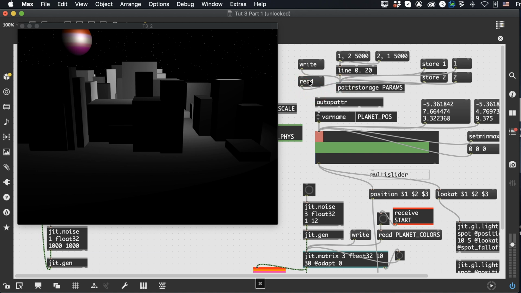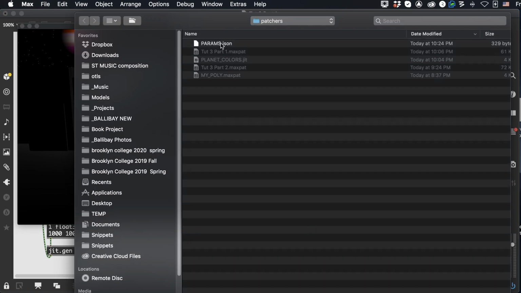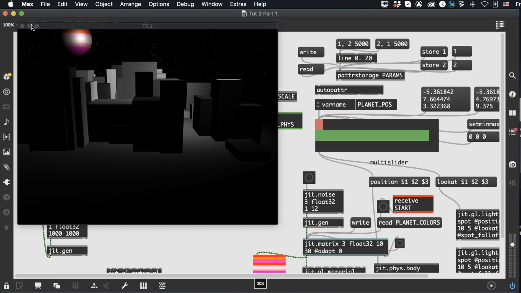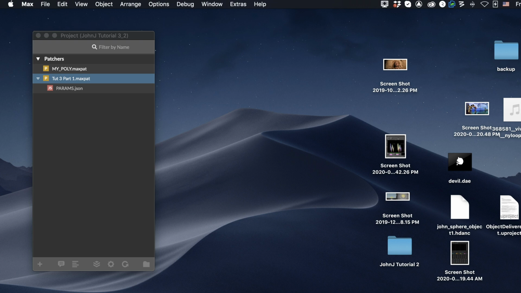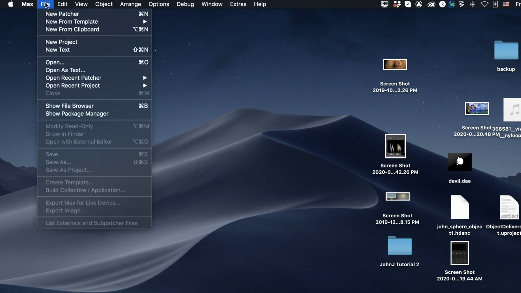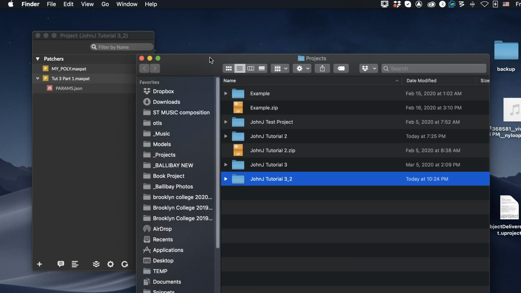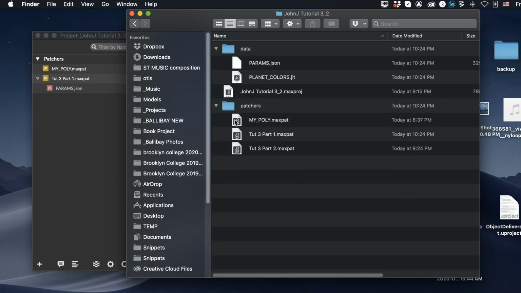And take the read message to read it back in. And it's the params.json in the patchers folder. But if we cancel this, save our project, close our project, open our project back up, and look at the project structure, we'll see that it has created a data folder, and it's put our params and our planet colors into the data folder for us. So even though we saved it into the patchers folder, Max moved it into the data folder because that's where